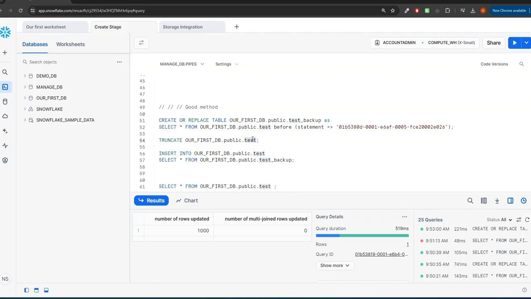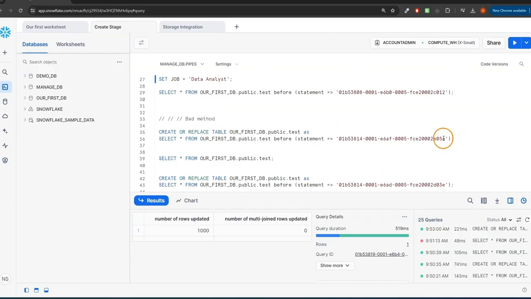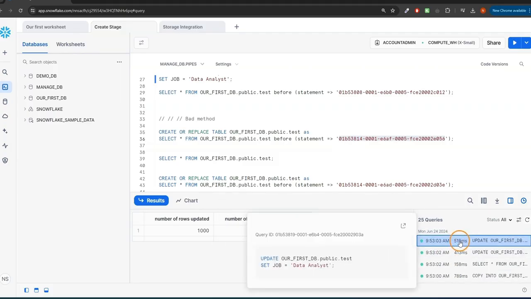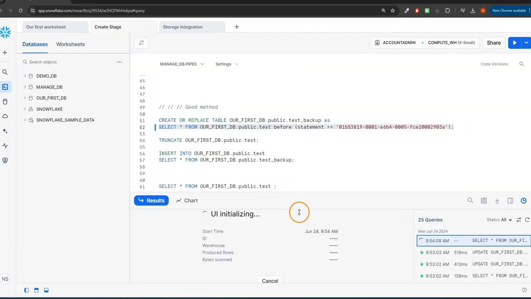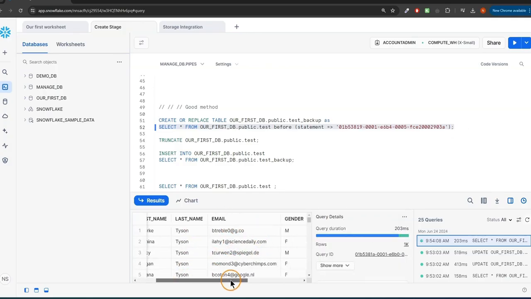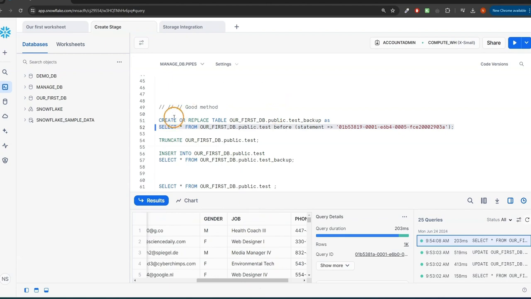So like this, we maintain the ability to time travel, and we will just insert then the data from this intermediate test backup table. So let's assume also in this case, we make just this mistake. This is actually this update, and here we have to use this one. So this is the last one, the second one. I will also copy this one. And here, if I quickly run it from a select, I will see that Tyson is still not fixed, but the drop is already fixed. So this is the wrong